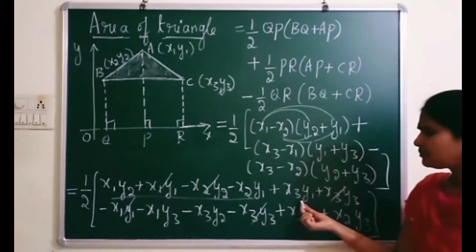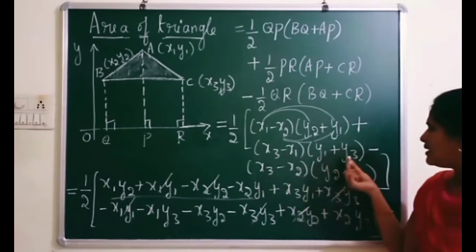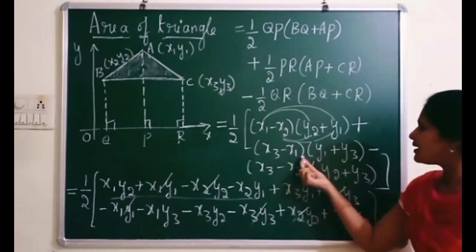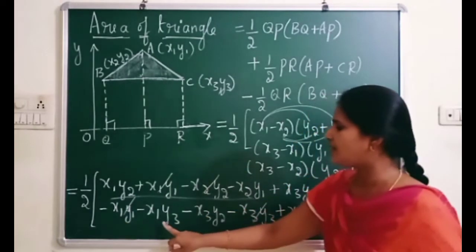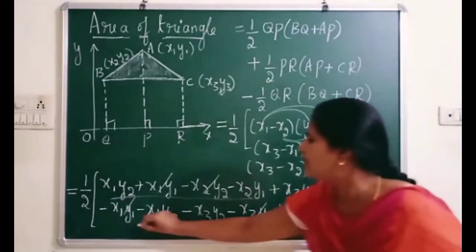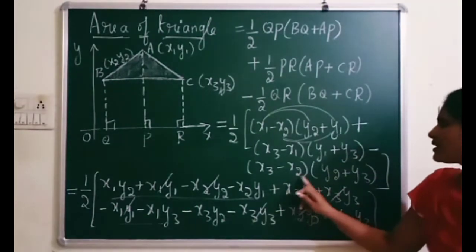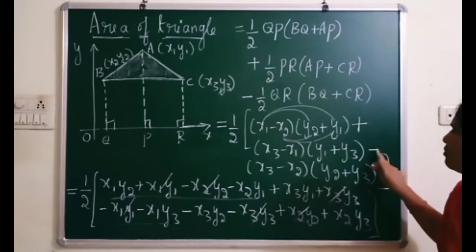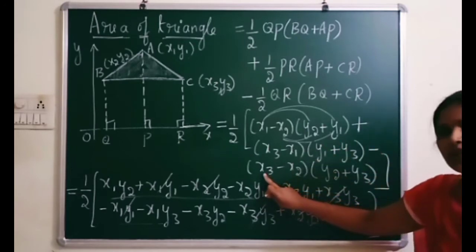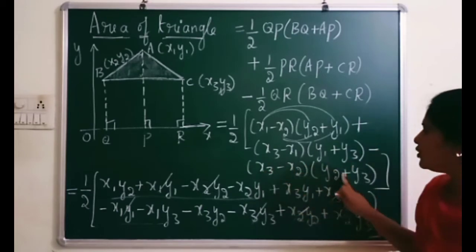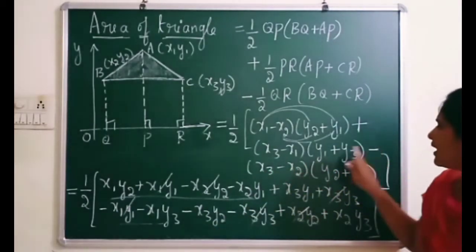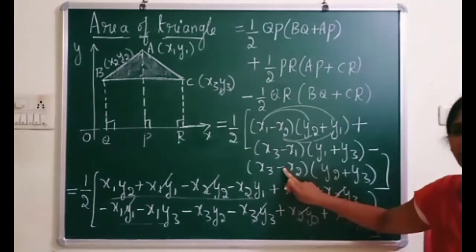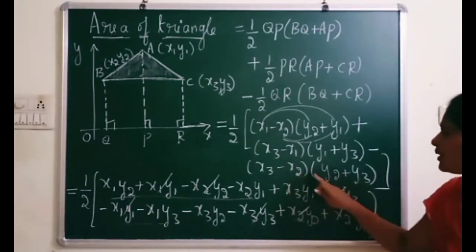x3 y1 plus x3 y3. Next coming minus x1 y1 minus x1 y3. So till here you have the next two brackets completed. Next the last two: x3 y2, and be careful, here you have minus before the bracket. So when you multiply this minus with x3, the two terms will become minus sign. Minus x3 into y2 is minus x3 y2. Minus x3 into y3 is minus x3 y3. Next minus into minus becomes plus. So now the other two become positive.